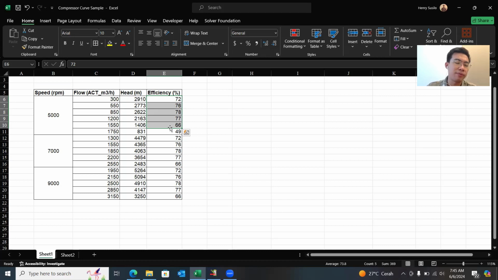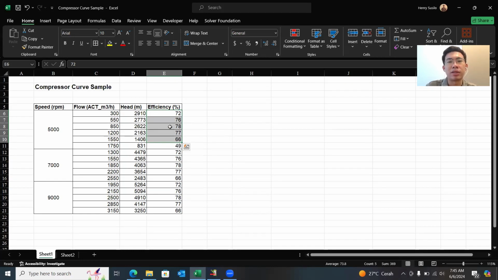This curve is extracted from the compressor datasheet. This data is a very common one, and it will be available in the compressor datasheet, so you can refer to that document. So I have extracted a sample of the compressor curve, and I will use this as a simulation